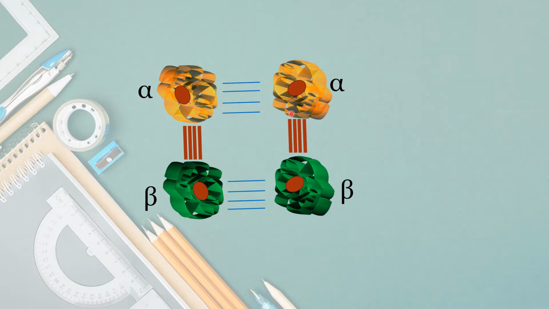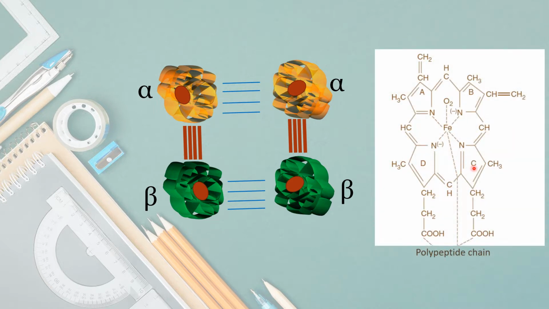The actual structure of hemoglobin looks like this, in which there is a central iron atom in the +2 oxidation state. It forms four bonds with the nitrogen atoms of the porphyrin rings A, B, C and D. These are the four porphyrin rings in the hemoglobin. Another bond is formed with the polypeptide chain itself, and it has one remaining bond that it forms with the oxygen molecule, because hemoglobin is very important as it is involved in the transport of oxygen. It is this iron in the heme of the hemoglobin that binds to the oxygen molecule.